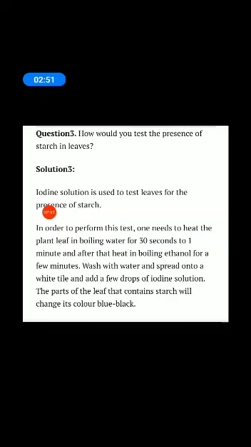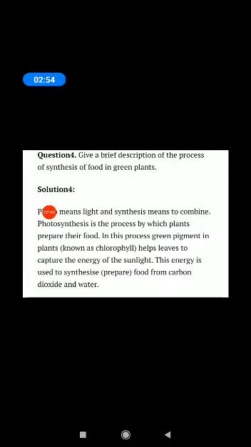Next, question number 4. Give a brief description of the process of synthesis of food in green plants. Answer. Photo means light and synthesis means to combine. Photosynthesis is the process by which plants prepare their own food. In this process, the green pigment in plants, known as chlorophyll,